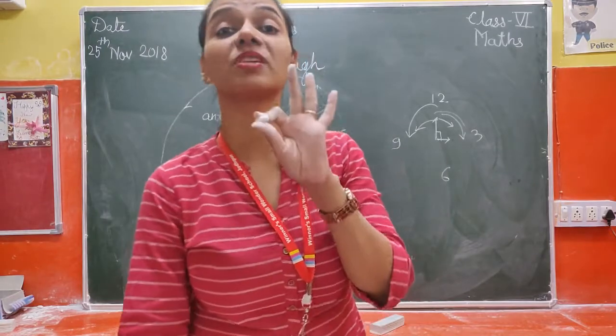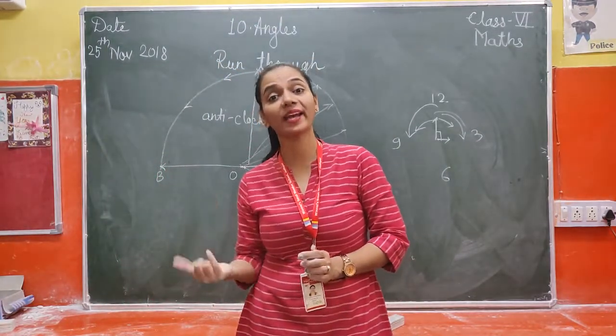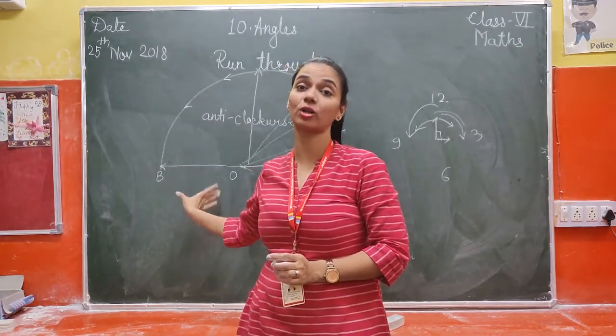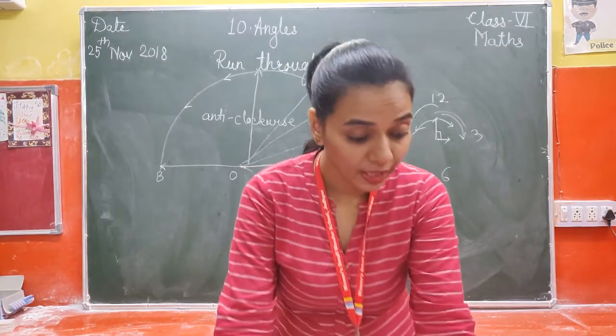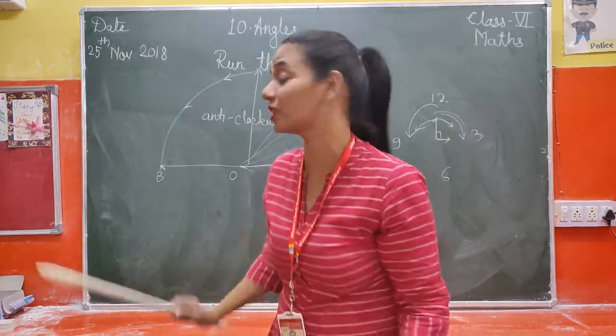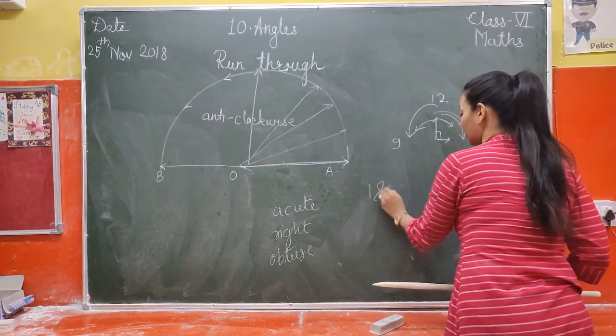That means it forms three types of angle. It forms acute angle, it forms right angle, and it forms obtuse angle. And at the end it is on a straight angle. Got it? Now what is the measure of the greatest angle formed? Now can you tell me which is the greatest angle? It is this. So it will be 180 degrees.